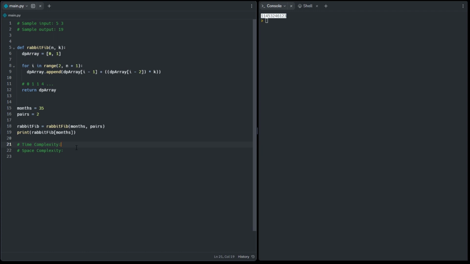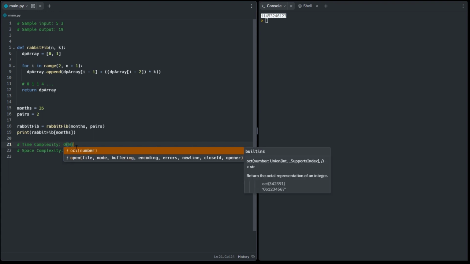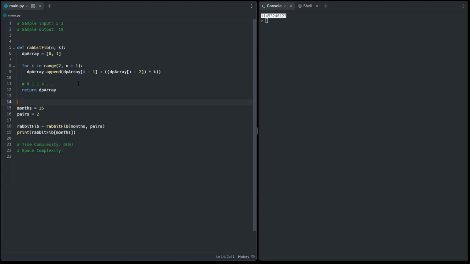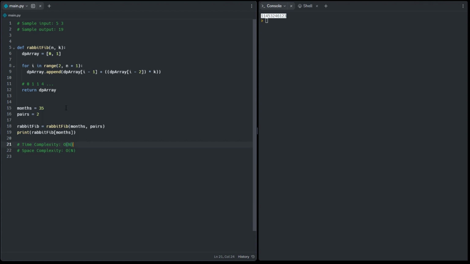Before we let you go, I'll quickly explain again. There's that trade-off that does exist, and in this case, the time complexity is going to be O(n). The reason it's linear is because of the number of times we're adding and appending to the array, which completely depends on the number of months expected to be calculated. And then the space complexity is going to be O(n) as well, considering that we are storing it in a DP array. And then, yeah, we're returning that